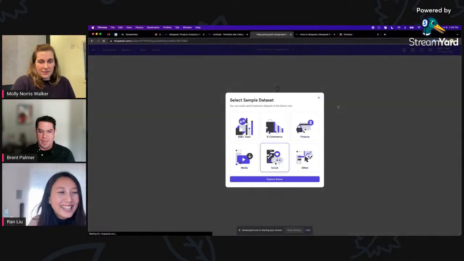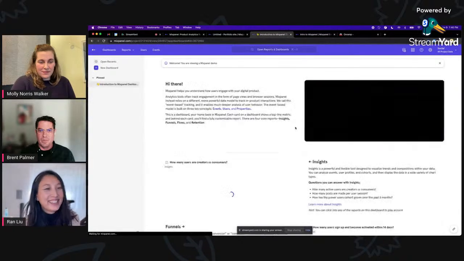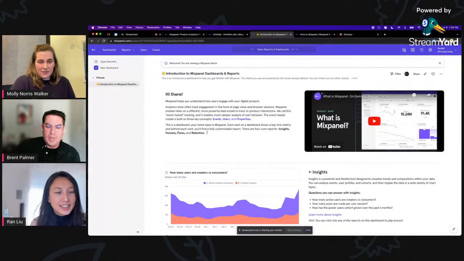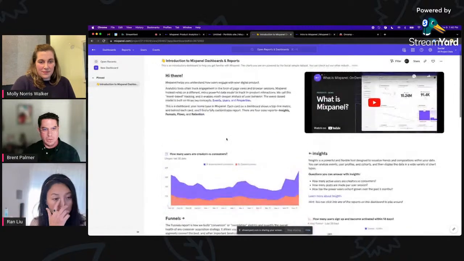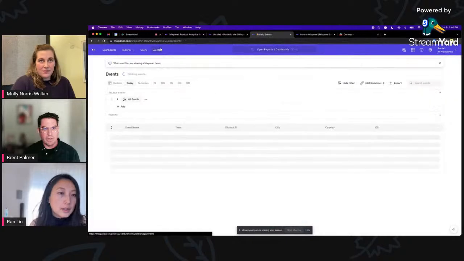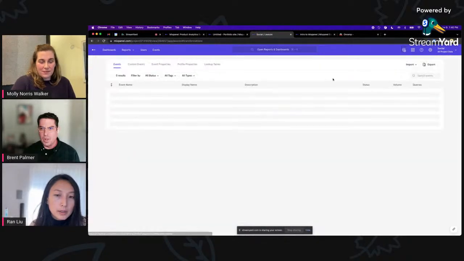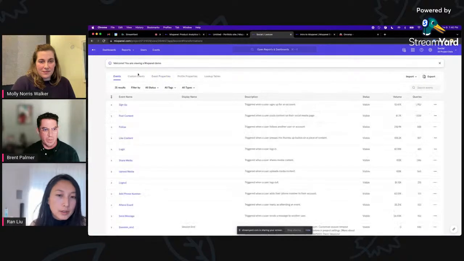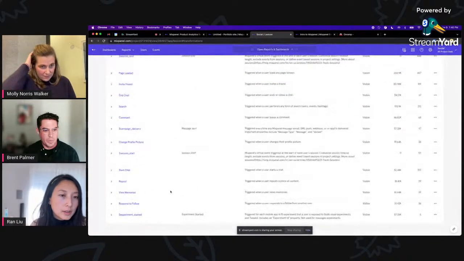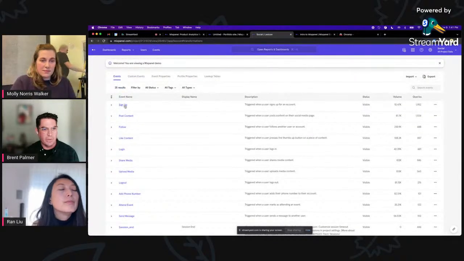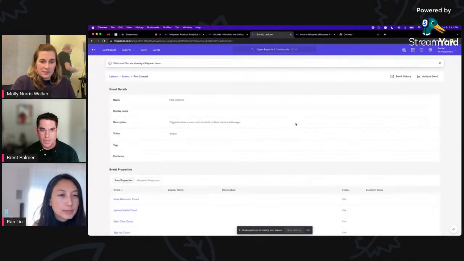I believe they pull from the same data set that we've kind of fenced off. And so you're able to go into a set of events here and look at them. We have this kind of buried here in something called Lexicon. But all of our demo accounts will have these set 25 events, and you can go in and look.